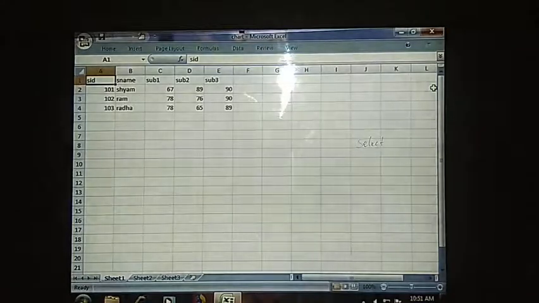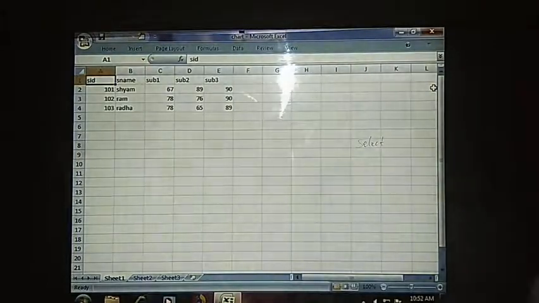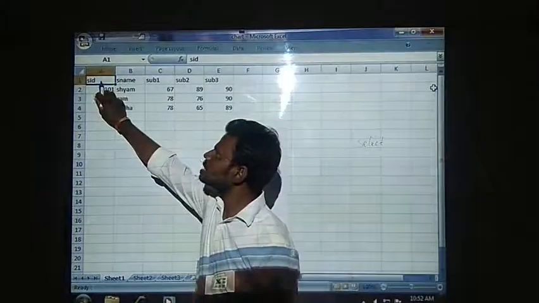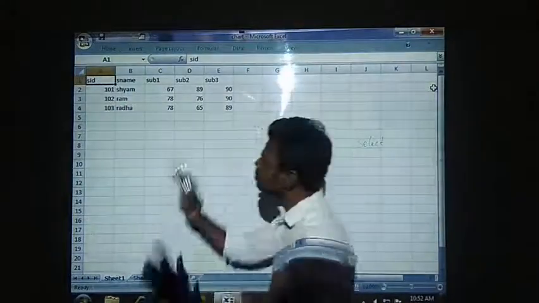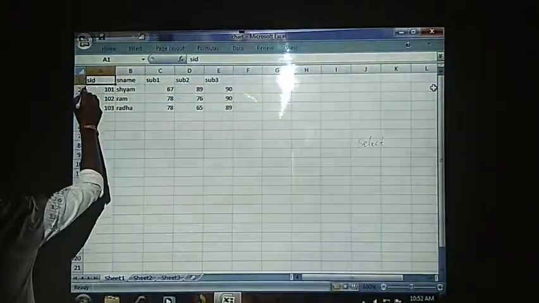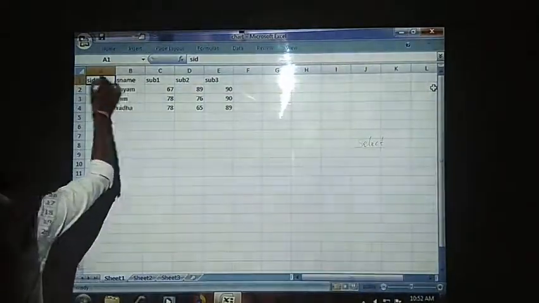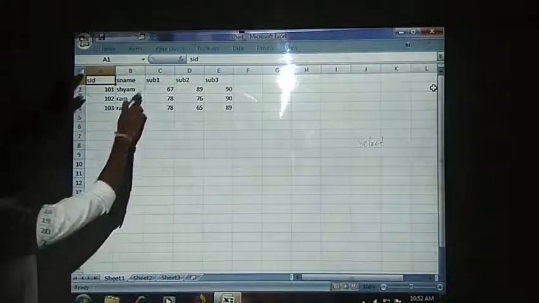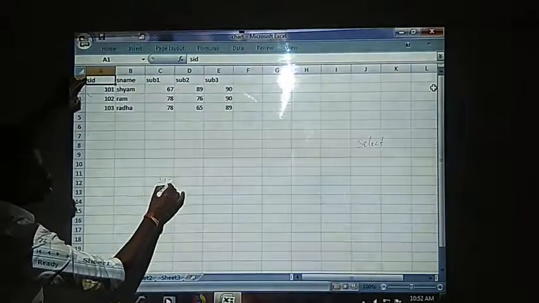The first thing that I am going to discuss is selecting a range of cells. Range means what? See here, when I select a cell, I just click on this. As I am in cell A1, it is represented as A1. I have selected that particular cell. But when I want to select this part, A1 to B2, then this will become a range.